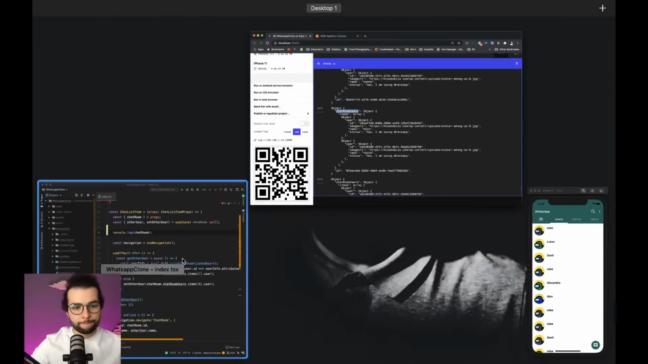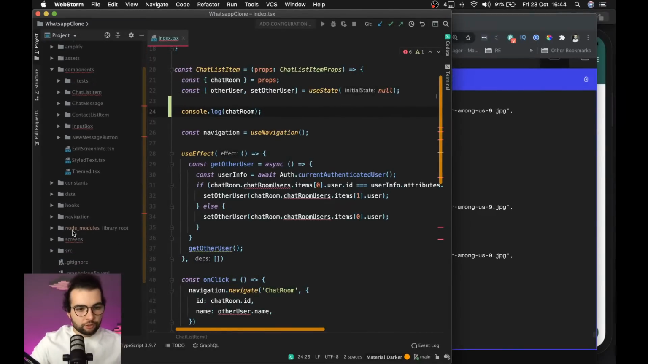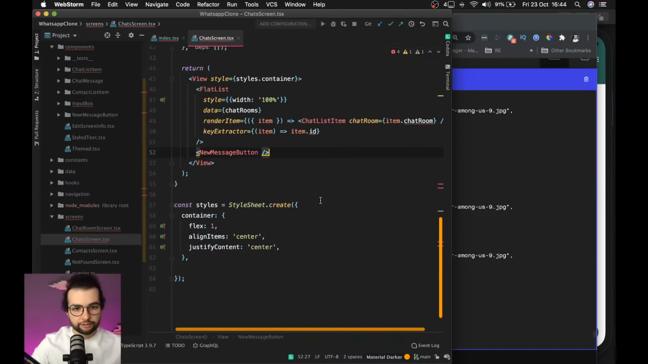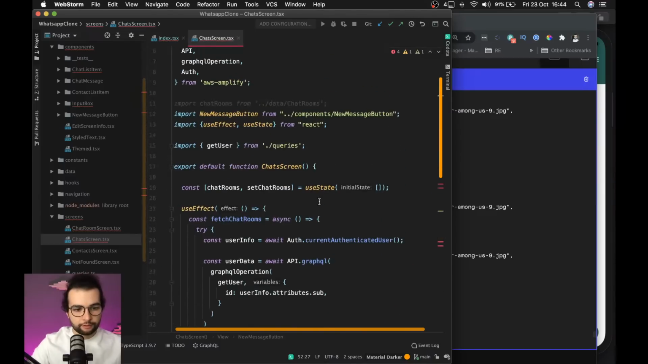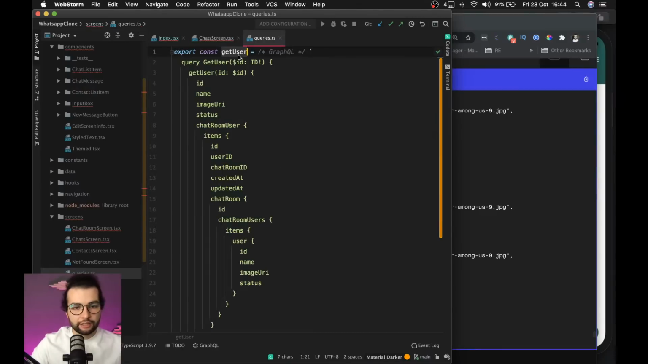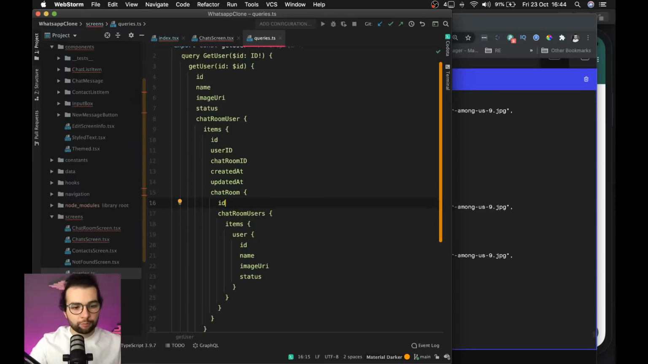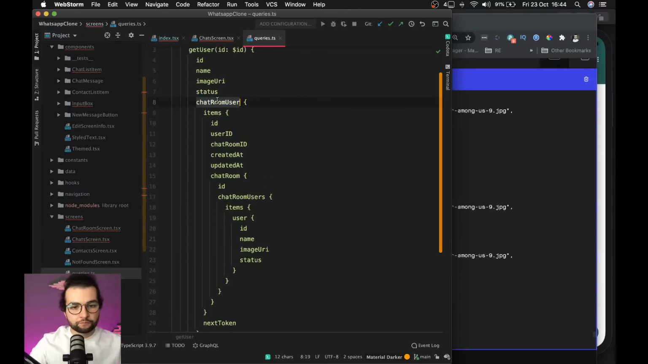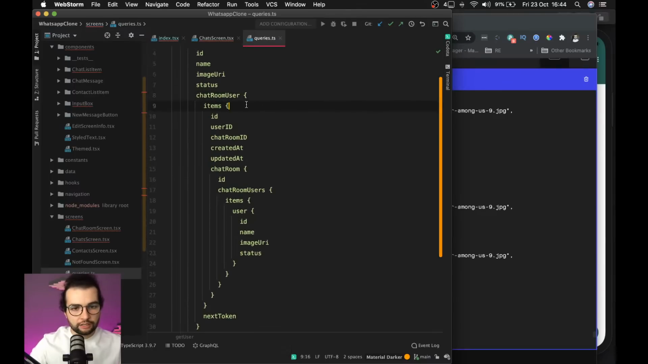Yep. So screens, chat room screen, chat screen. Oh, queries, and here we get user. In these queries we define a custom query, and we're not importing it from the generated queries because we need to adjust it in a way that suits us best. So for the chat room user, we are querying the chat room, and here we need to,